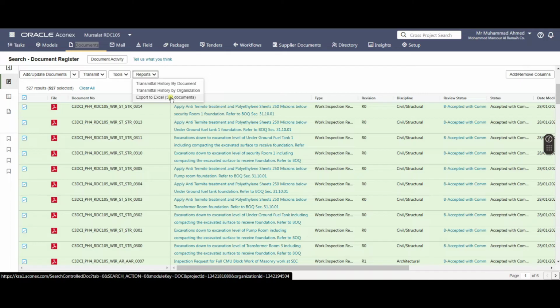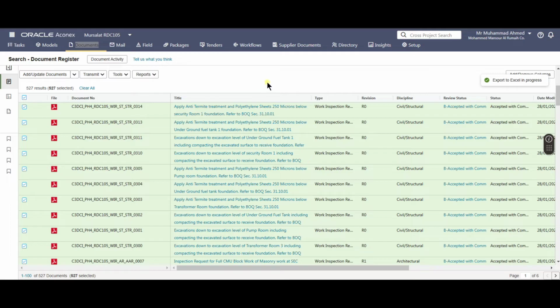So what you will have to do, you will have to press reports, and from there you will have to select export to Excel. So see here it's showing that the selected documents were 527 and it will export the report to Excel of the same number of documents. So from here, once you press it, it will generate a report. An Excel report will be available in the temporary files on Aconex. To access the temporary files,